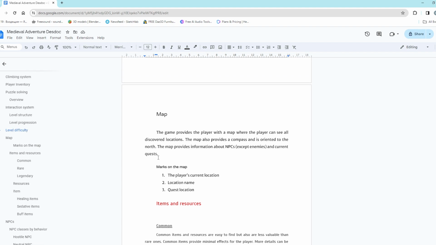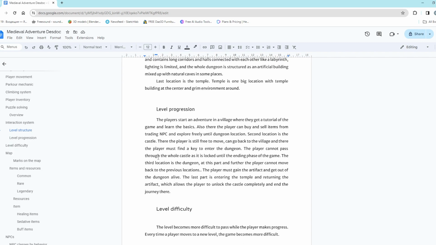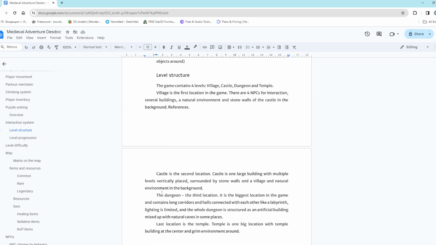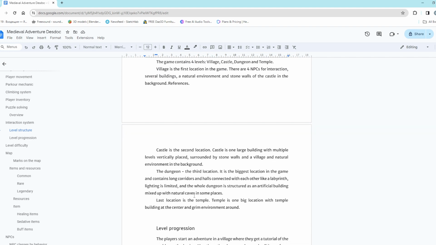This is the point where I'm going to stop working with the design document, and I will start learning technologies that I can use, and we will talk about that in the next video. But I would say I'm going to use at least mesh generation because I can just create a dungeon by myself. It is very demanding, very time consuming, and very challenging for a single person, and I'm currently alone as a developer, so I need to use some generation to make sure that I am able to create big